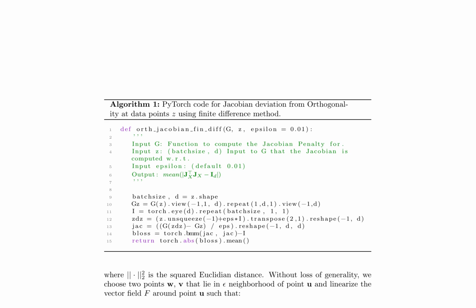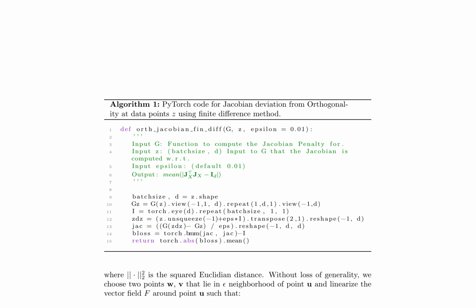The authors show that the orthogonality of the Jacobian matrix evaluated at data points is a sufficient condition for preserving the kNN-Graph of the data. This means that if the Jacobian matrix J is orthogonal, then the transformation preserves the kNN-Graph. The authors also introduce a Jacobian loss via finite difference, which can be computed using the PyTorch code provided in Algorithm 1. This loss measures the deviation of the Jacobian matrix from orthogonality at data points using the finite difference